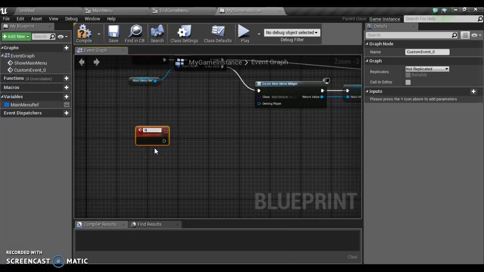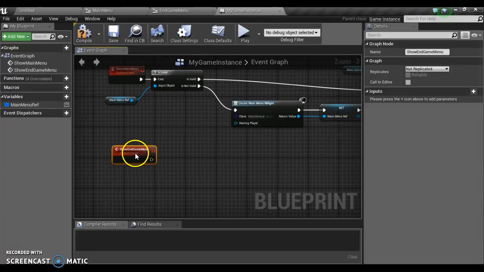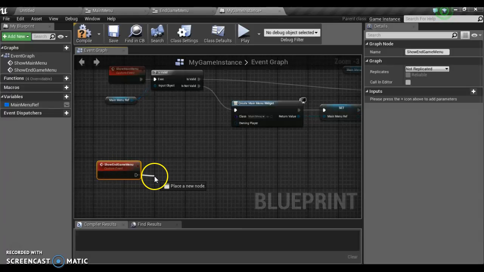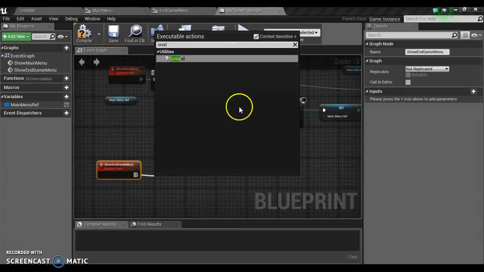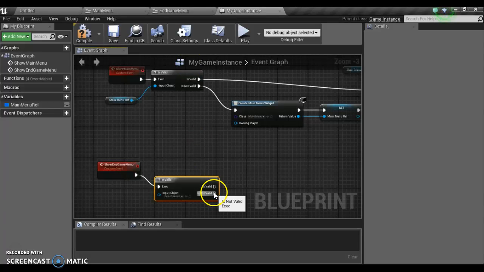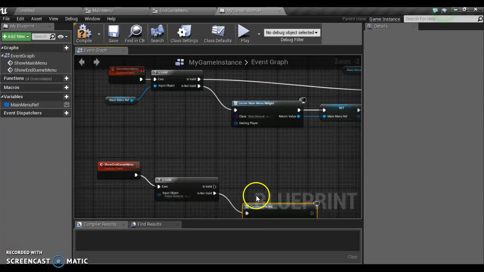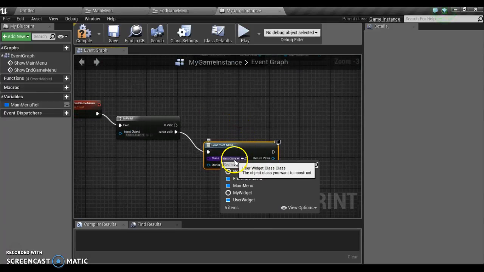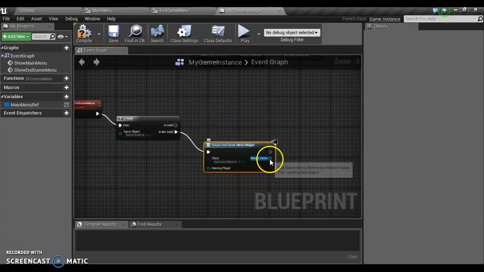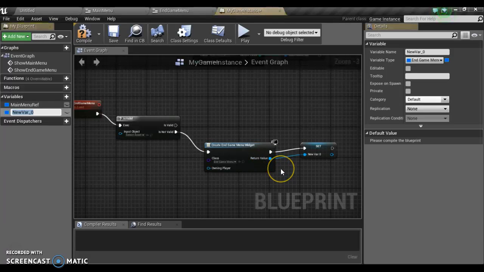This time we're going to go show end game menu, and we're going to do exactly the same thing. So we're going to drag off isValid on the no, we're going to create widget, and our widget is going to be our end game menu. Right click, promote to variable, and we'll call it end menu ref,